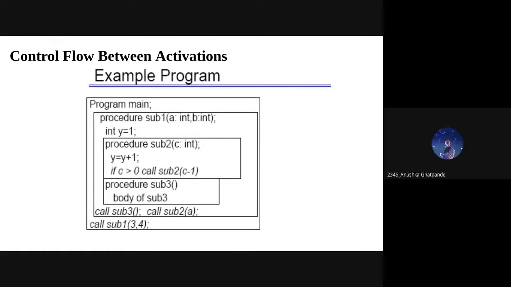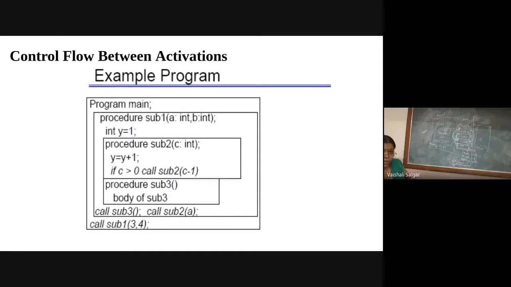Ma'am, if we change the order of sub 3 and sub 2, it won't make a difference, right? Because they are called by sub 1 itself. Yeah, but see, when it will be called from the sub1, but the activation record, see, for this sub3, when it will be called, it will be sub3, sub2. So, but obviously, whenever it will be written, the activation record pointer, return address will be something different, no?